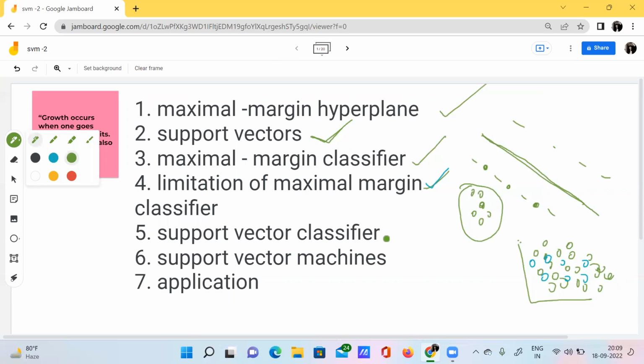So I have already explained what is meant by the support vector classifier, which is nothing but the more generalized form of this maximal margin classifier.